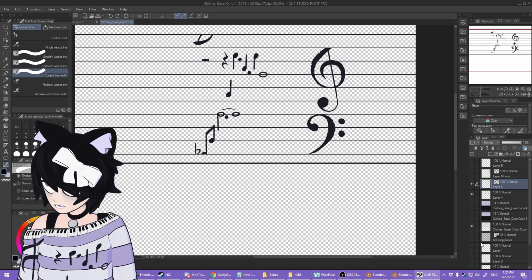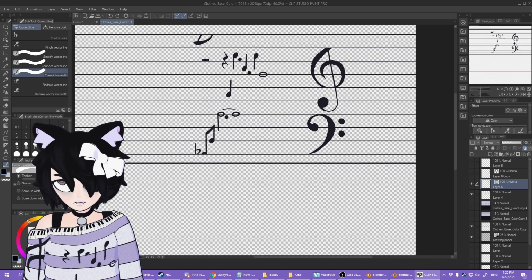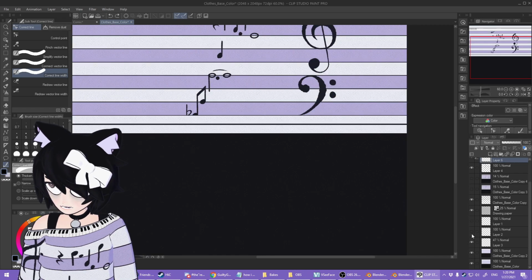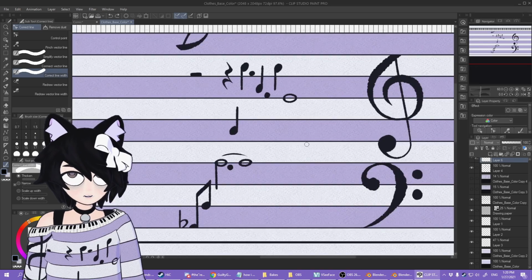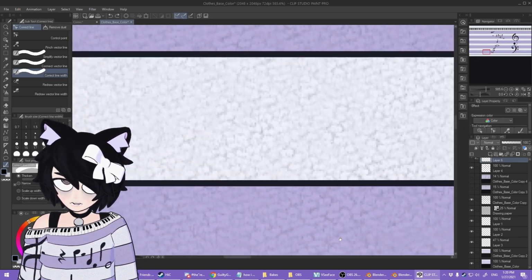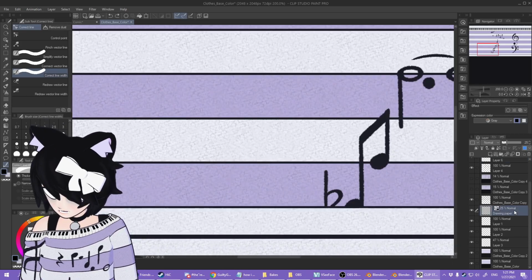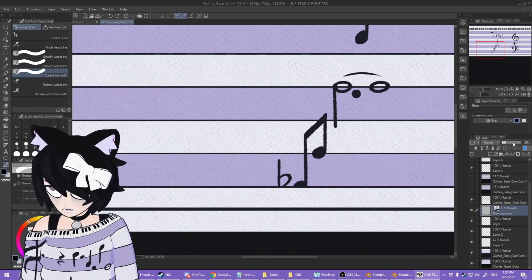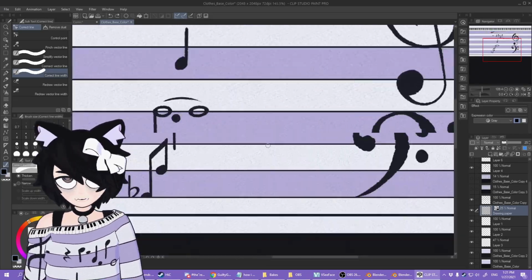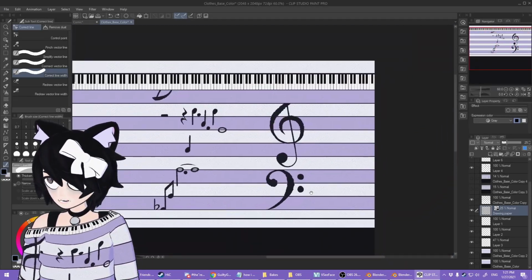Okay, I can't actually run you through this layer by layer because I am the sloppiest person in the world when it comes to organizing my layers, and so many of these are outdated but pretty basic. I put a slight texture over some of these. Drawing paper texture, 25%. This is 100%, that's too much. Just to give it a nice fuzzy kind of sweater feel.